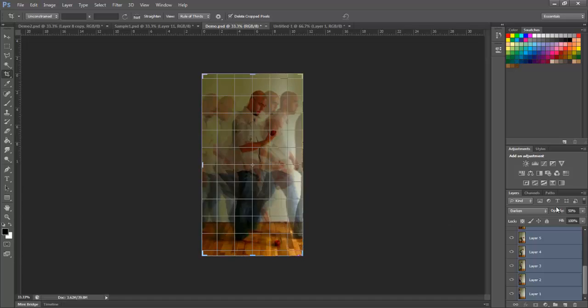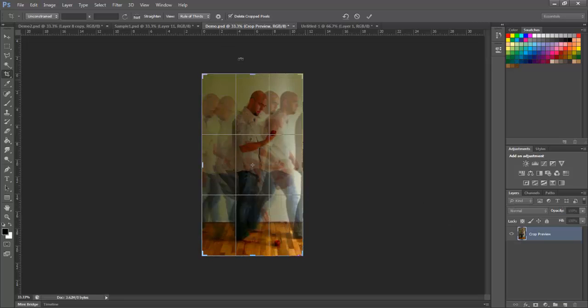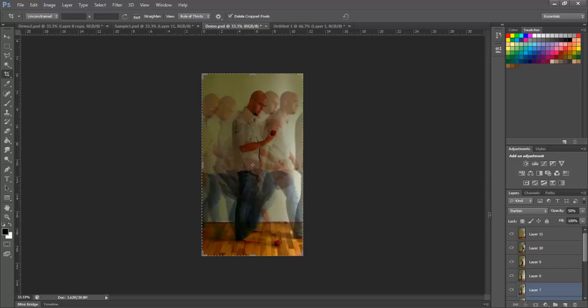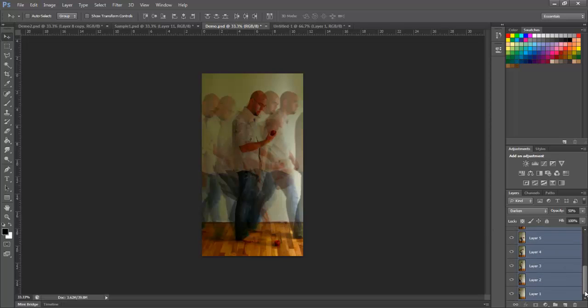Right, and then from there we can go ahead and escape. I'm on my crop command for some reason. If we hit V, that'll take us back to just our typical move command here. Alright, and so now what we can do is we can take this and